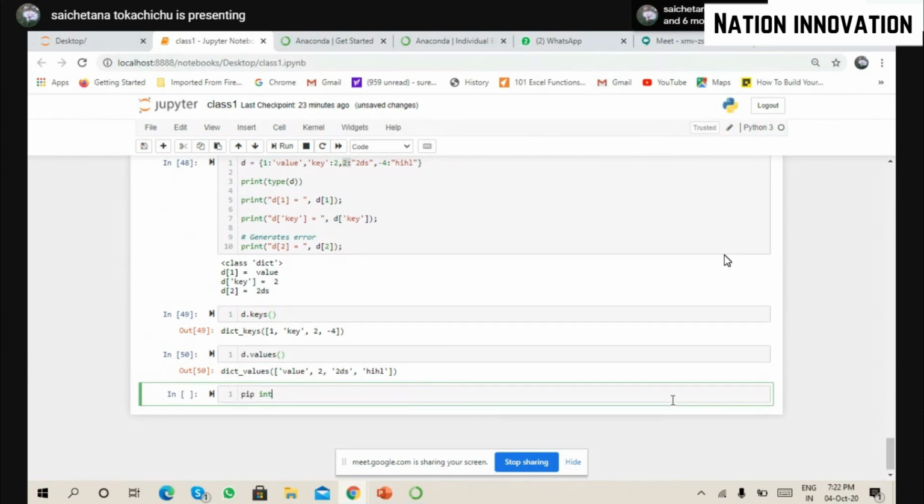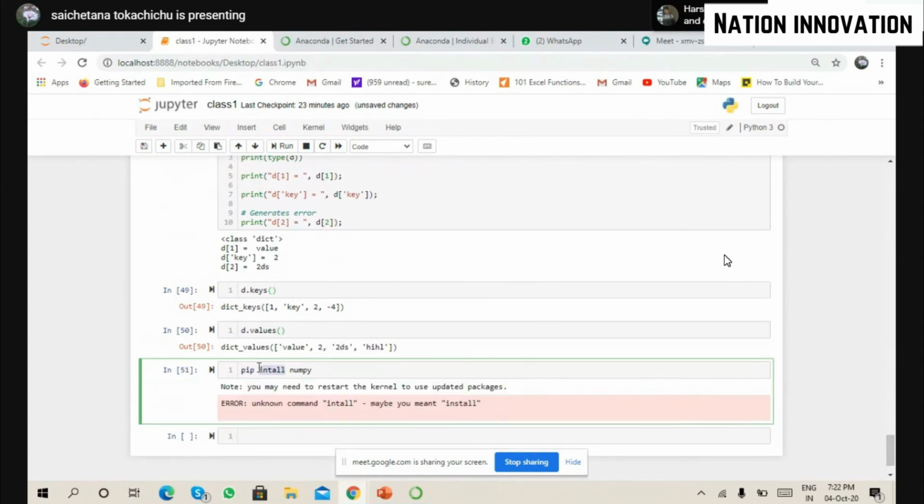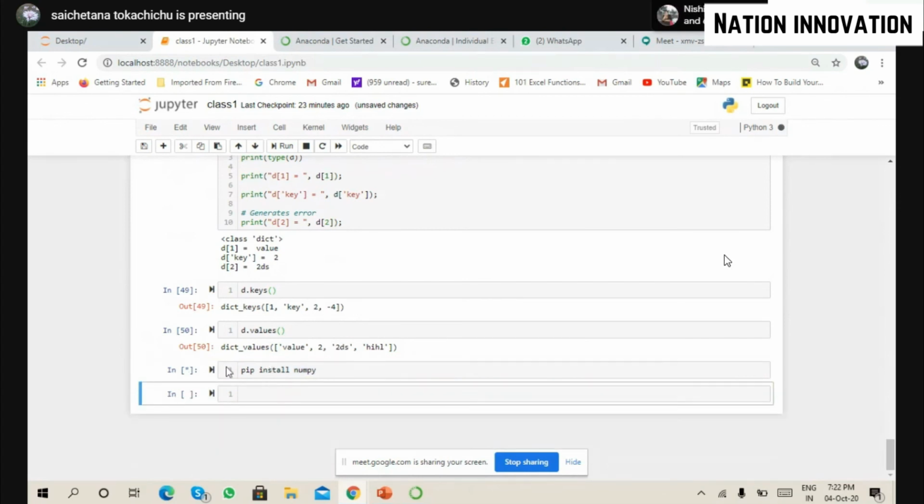Pip install NumPy. Sorry, so using pip install, whatever you want to install. It says unknown command. Okay, I forgot an S. Yeah, so this is how you do this.